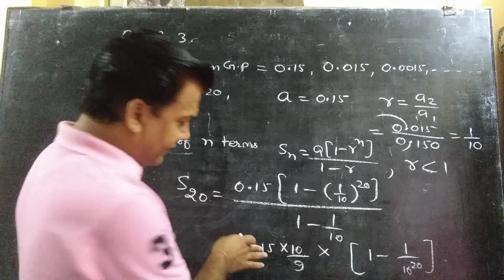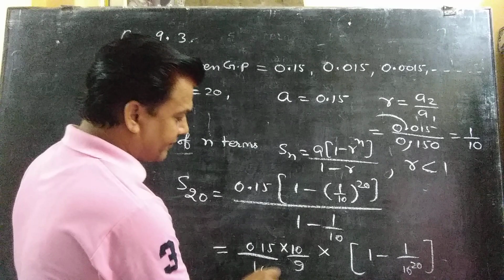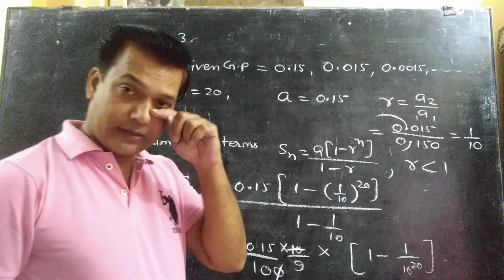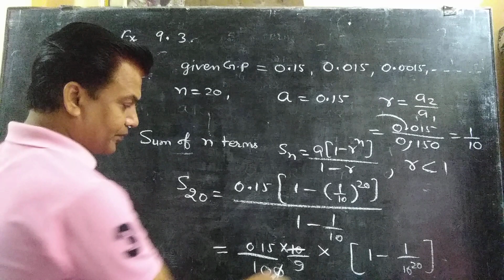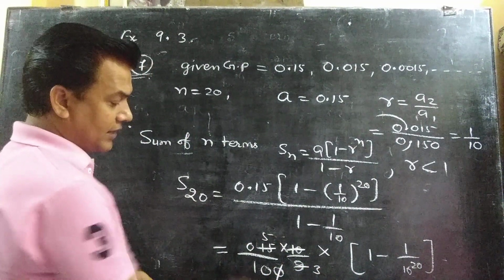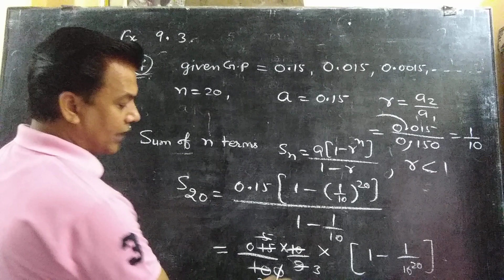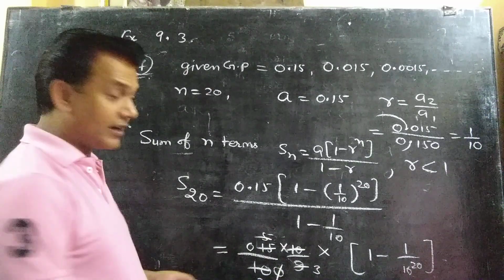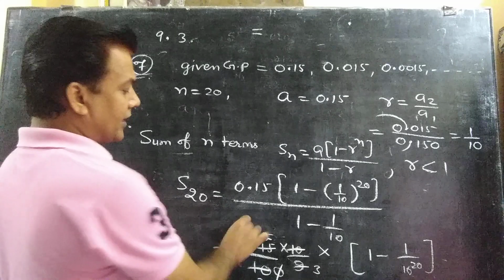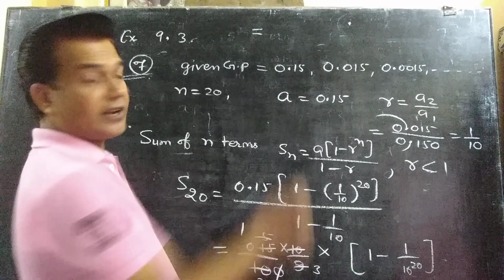Here, if we remove this decimal sign, we have 100 here, so 10 cancels with this one, and 3 cancels 3 times, in this case 5 times, and this 5 cancels this 10 2 times. So what we have here now? In numerator we have 1 and in denominator we have 6.